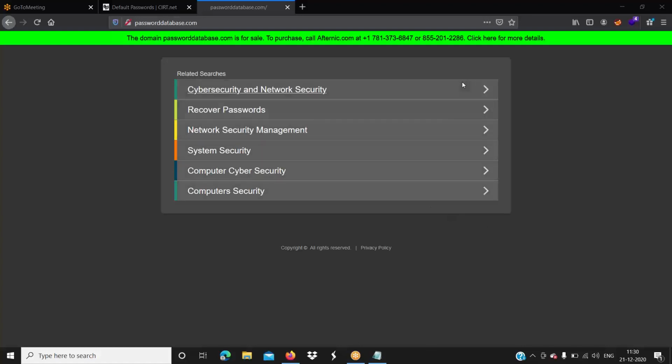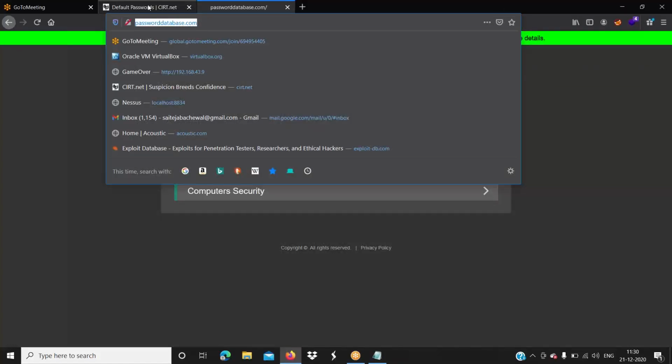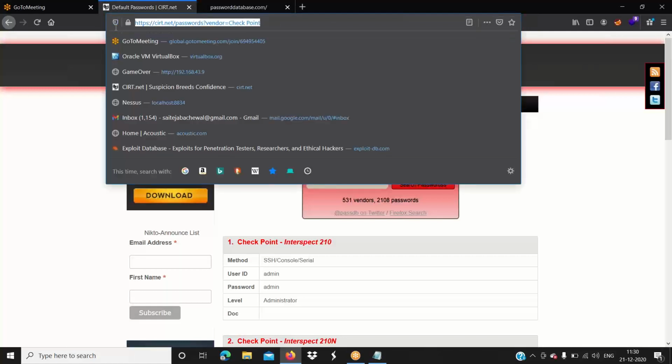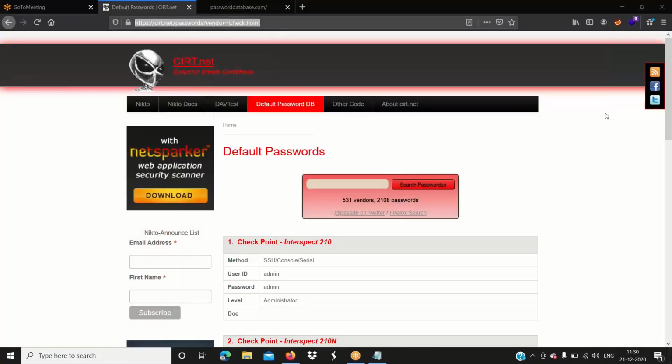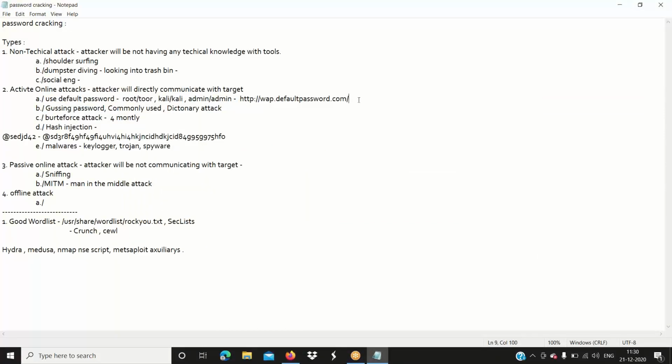So first of all, they'll try with the default passwords. There are a couple of databases, like the one posted in the chat, and here is the one, CIRT.net, and there are many. If you just Google it, you will come to know. So they'll search in these databases to get the default passwords, and they'll check if it is working or not.